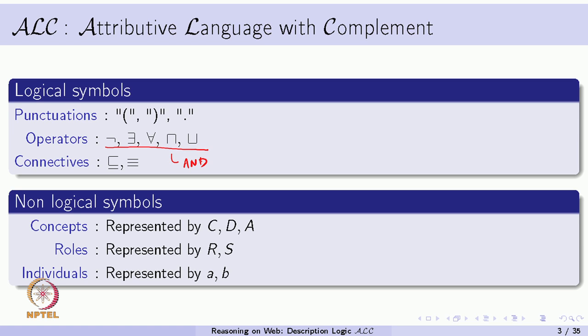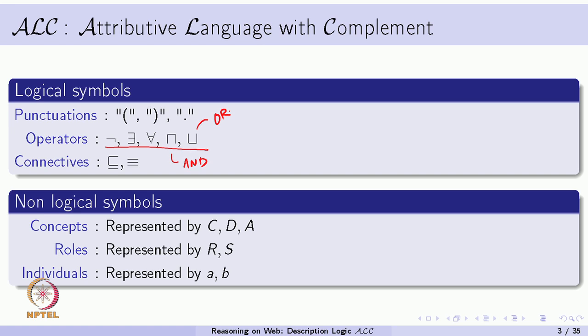it is similar to what we studied in our old language, but this is like or. So, it is the intersection and the union symbols essentially. So, we can talk about intersections of sets, we can talk of unions of sets, we can talk about certain kinds of role fillers, and we can talk about complements of sets essentially. The logical connectives are still the same, subsumption and equivalent. We can say that one concept subsumes another concept, and we can say that one concept is equivalent to another